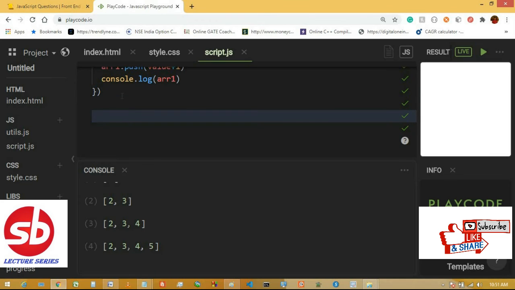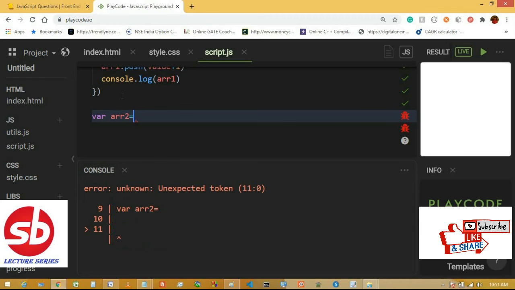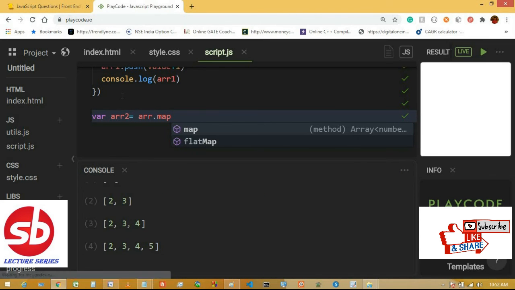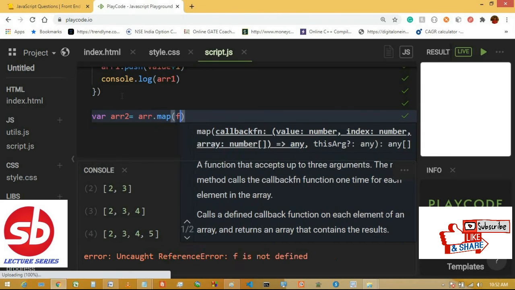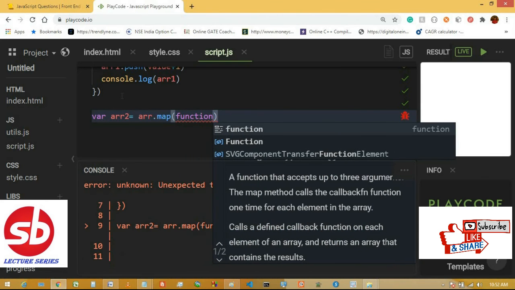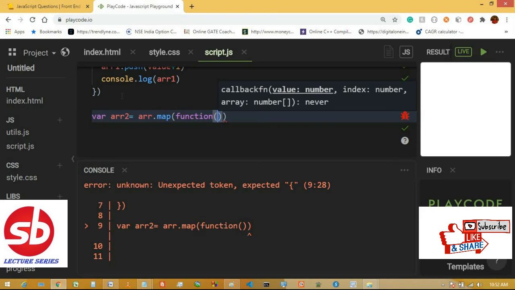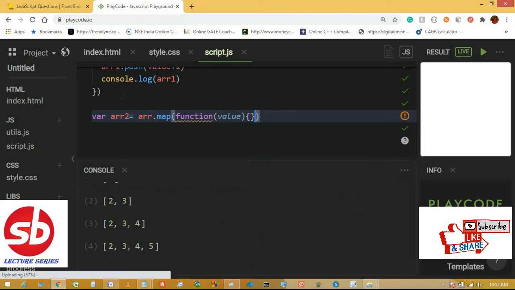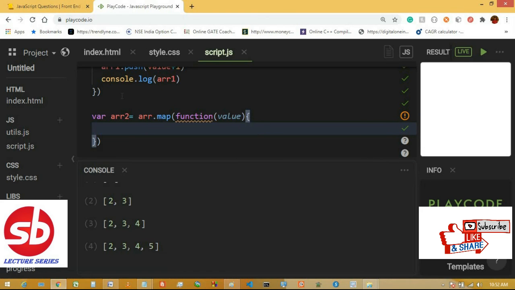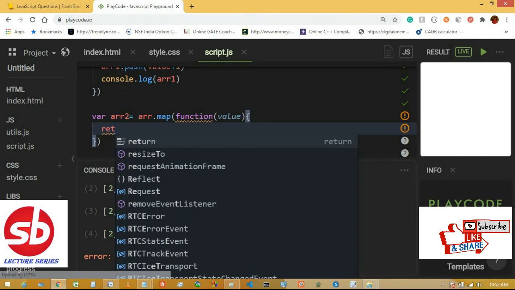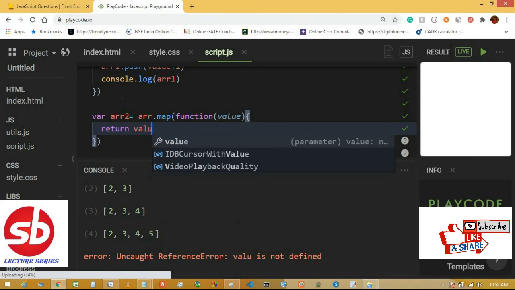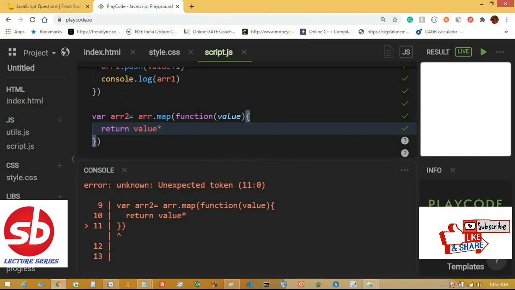For that purpose, suppose array2 equals original array dot map, and within the callback function I am giving the array element, that is value, and then we are returning something, that is we return value multiplied by 2.